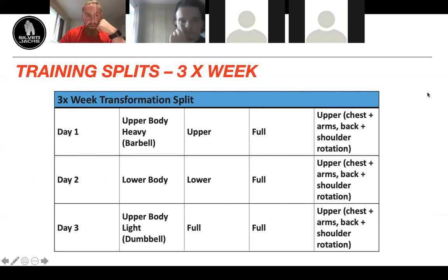Yeah, so just quickly going to cover different training splits for training 3 days a week. So this is just some of the ways that we can set it up to get the most out of only having 3 days a week to train. So first one is an upper split. So if you're trying to develop your upper body more,